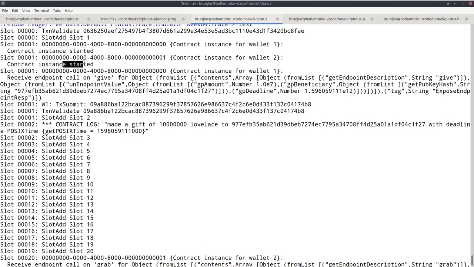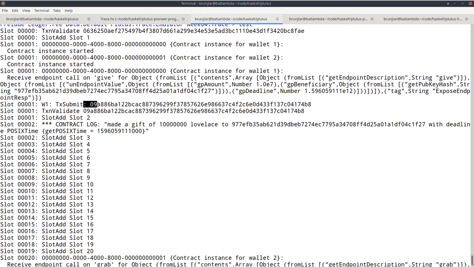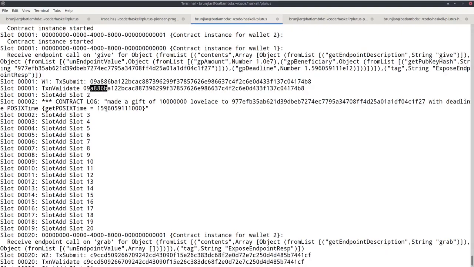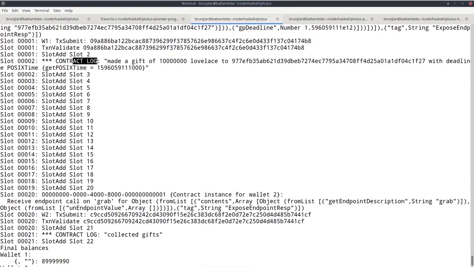So this is very similar to the trace output you also see in the playground. So here we invoked our give endpoint, and the transaction was submitted and validated. Here we see a log that comes from the contract. So the log messages that we do inside the contract monad, inside the off-chain code, are actually well visible in this trace.